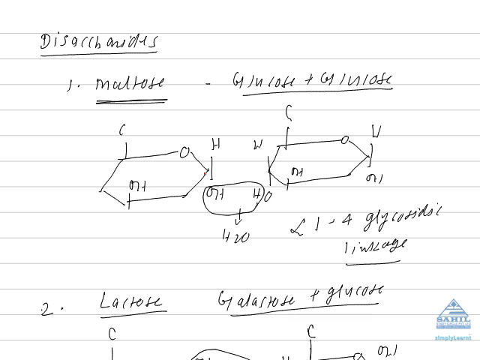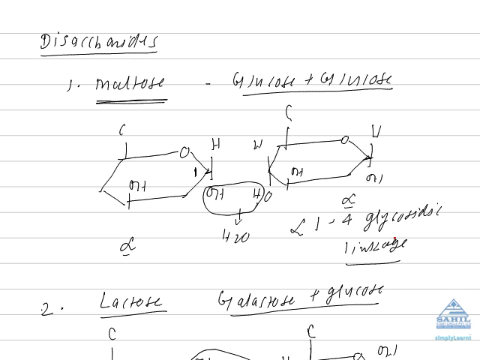Now one more thing, if at carbon number 1 hydroxyl group is written below, it is designated as alpha form. So in both glucose molecule, hydroxyl group is written below. So both are alpha glucose. Now two glucose are linked